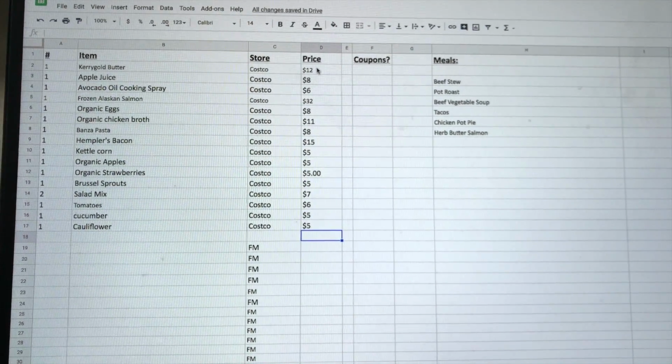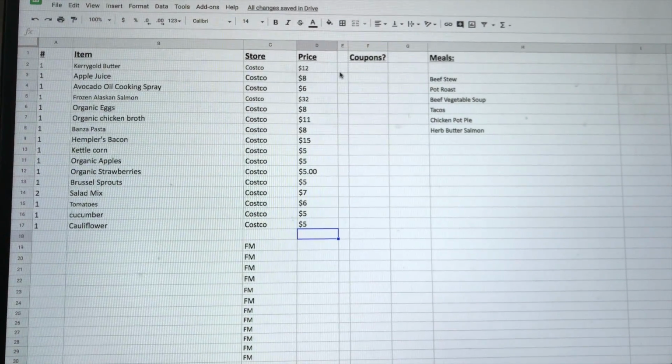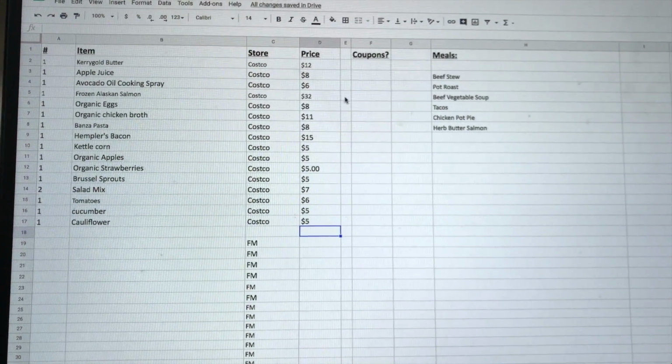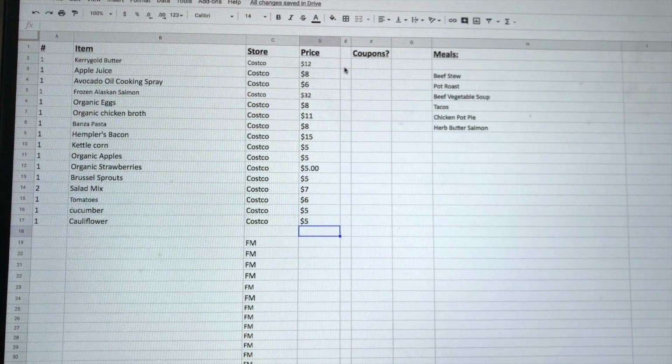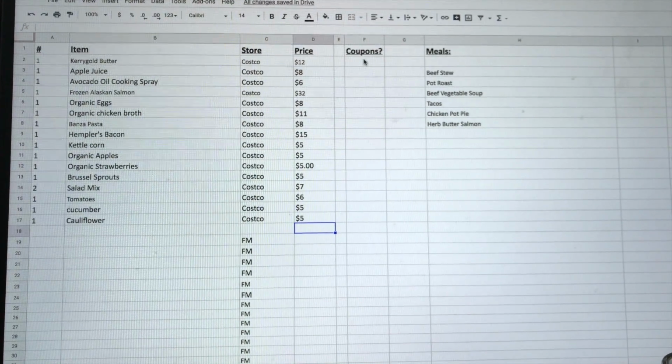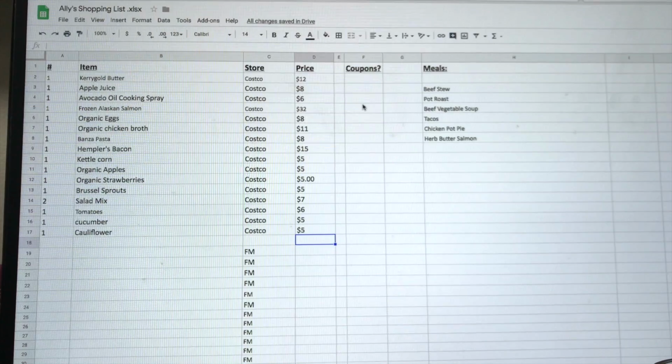And then I have a place for the price of the item. This column right here doesn't have a title, but it's where I put an asterisk or an X or whatever when I'm in the store and I put things in my cart. That way I know that I don't have to go find those things. And this is where I put down if I have a coupon for the item. Also, if I'm using a rebate